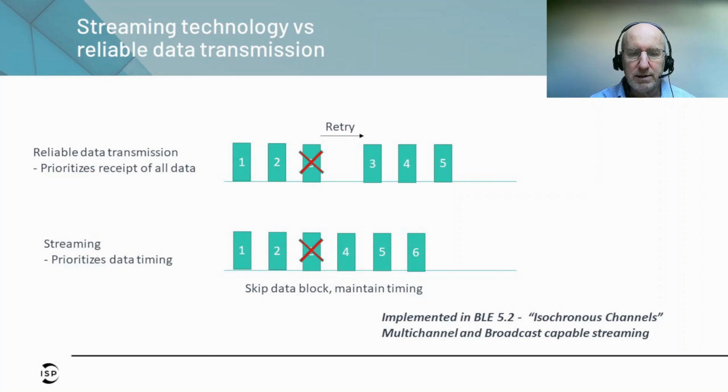So in this example, we have some packets of data going, and let's say the third one, for whatever reason, you miss a transmission because there's some noise or whatever happens. This can happen in wireless. So you retry it a bit later, and if it succeeds, you carry on. So you end up with all the data packets received and the full data parcel arriving at the other end. Now streaming, it prioritizes the timing.